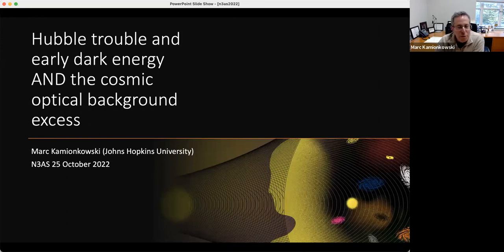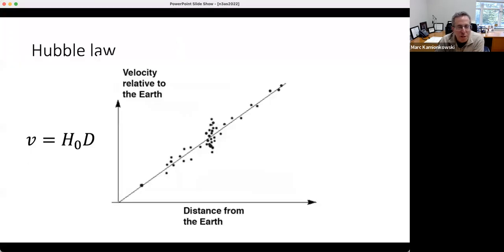So I'll start with the Hubble trouble and early dark energy, give you a short talk about that, and then give you another short talk about new work on the cosmic optical background. So, the Hubble law